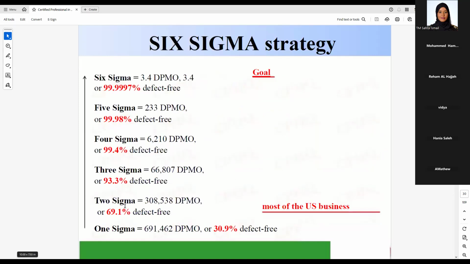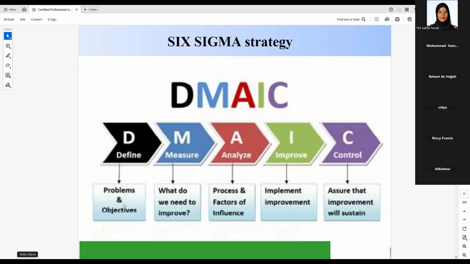And what did we say? The goal of Six Sigma is to do what? To reduce the variation, to eliminate defects. Yeah, defects and variation in the process. And the goal of Lean is to what? To eliminate waste. Okay, it's very important that you remember this. One of the Six Sigma strategies is that